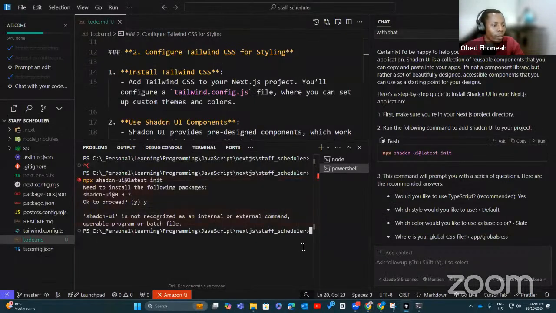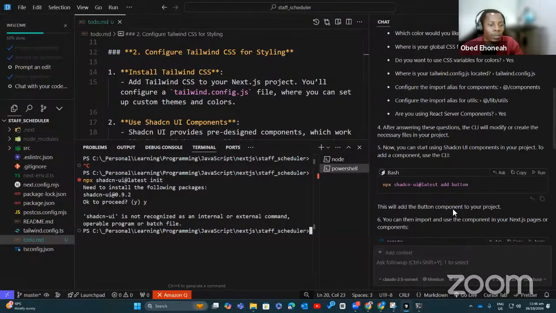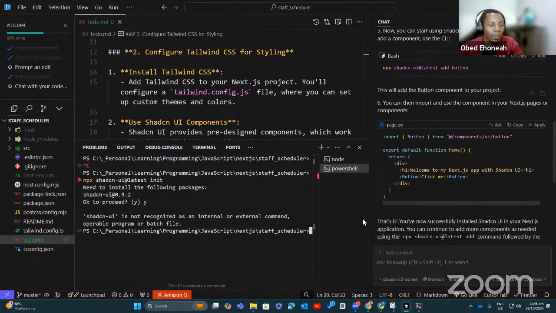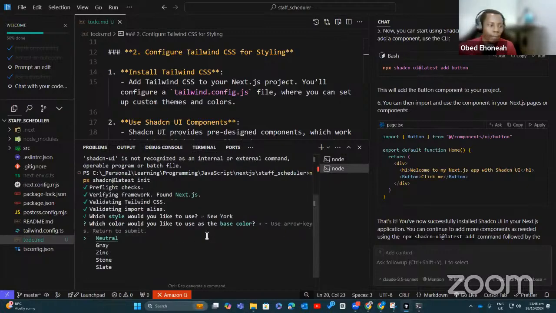This is one big problem. We could actually debug it with it and it would eventually figure it out. But hey, let's do that ourselves now so that we hurry up. Okay, I usually like the slate.